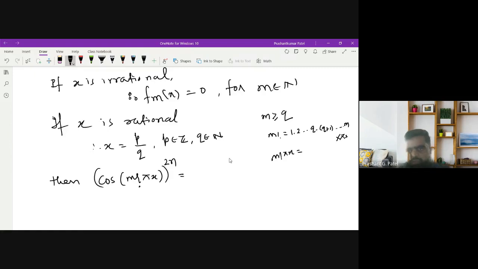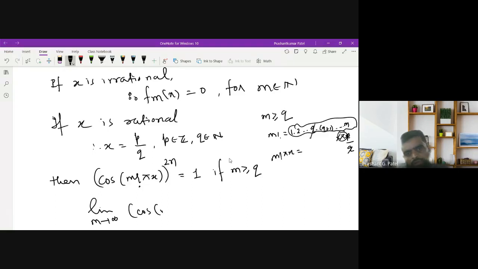Because it is pi into x, x is p by q, and q will get cancelled out. And this is an integer into pi you will have. So in that case, this will have the value 1 because it is cos of an integer into pi, power 2n. So if m is greater than or equal to q, then we'll have the value 1. And if I take the limit now, m tends to infinity, here cos(m! pi x) power 2n will be 1, because as per the definition,